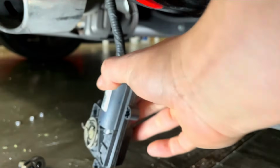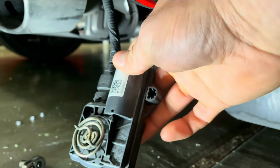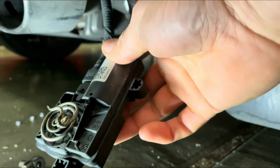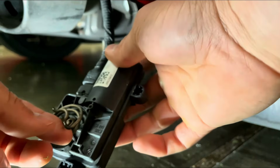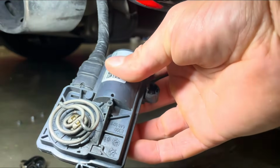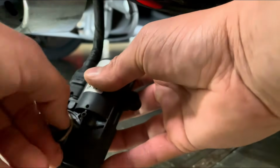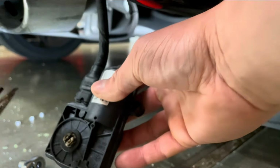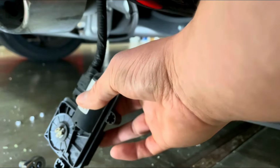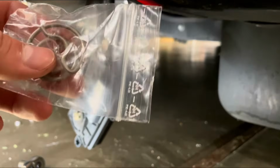All right, so got this piece off right here. I'm actually not going to unplug this. I'm just going to leave it attached because I don't need to unplug it. For the spring, all you have to do, as you can see right here, it's held in by a clip right there. You're just going to want to pull that out. The spring comes out, super easy, doesn't require any effort. And now we're going to take this one